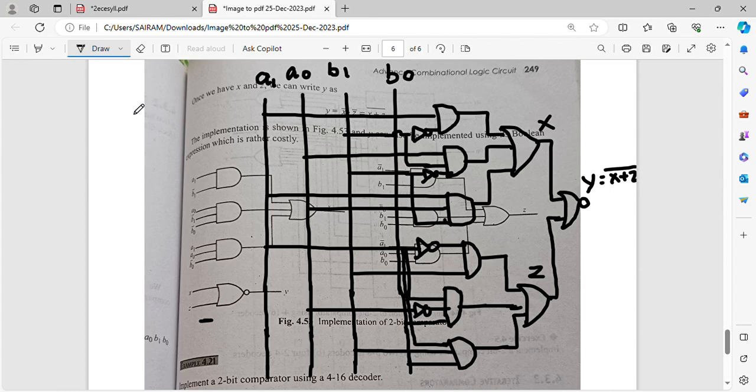So if you have 1 and 0, this is a 2-bit binary number. You're going to divide it into single 1-bit binary numbers. So this 1 is a 1-bit binary number, and this 0 is another 1-bit binary number, and you're going to compare them, because comparing 1 and 0 is easy, right?